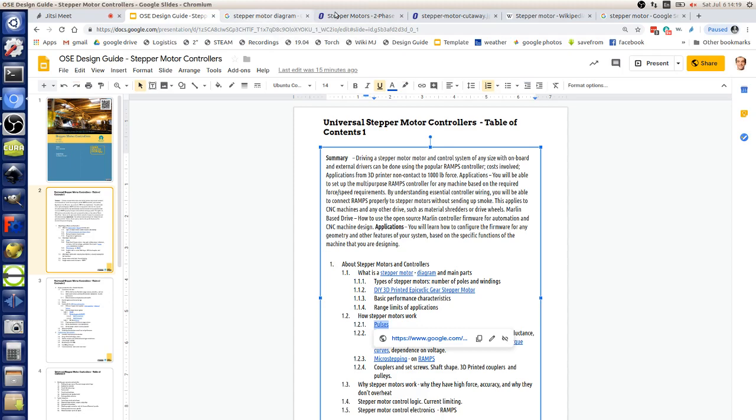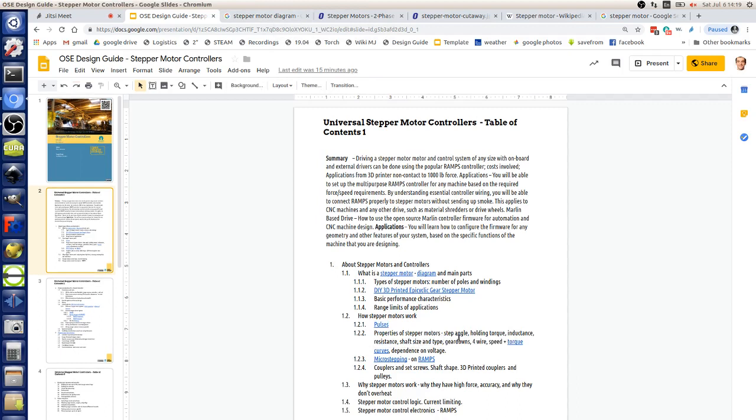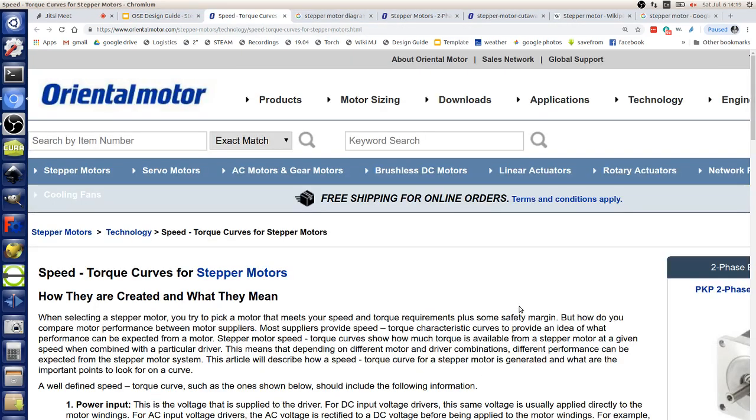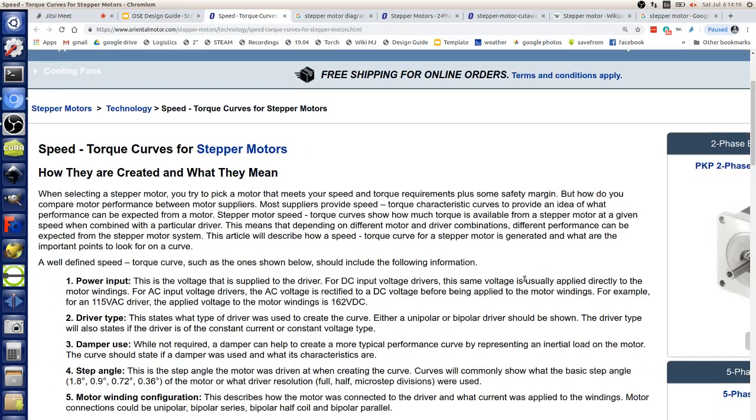Right. So the idea there is that stepper motors have a holding torque. When they're stationary, when they're not moving, they can hold the most torque. Once they start moving, you're partially energizing one coil then another. So actually the torque goes down, and the torque curve goes such that you have very high torque up to about 500